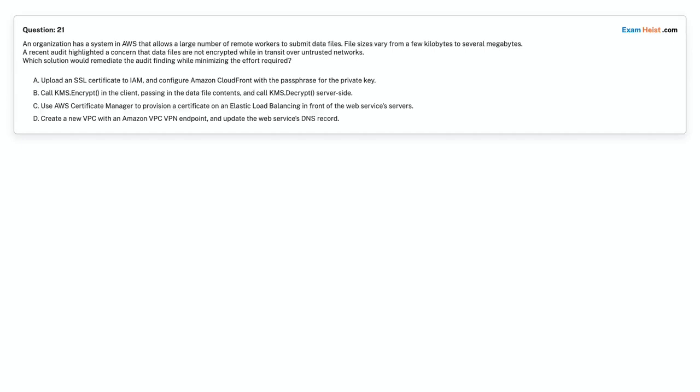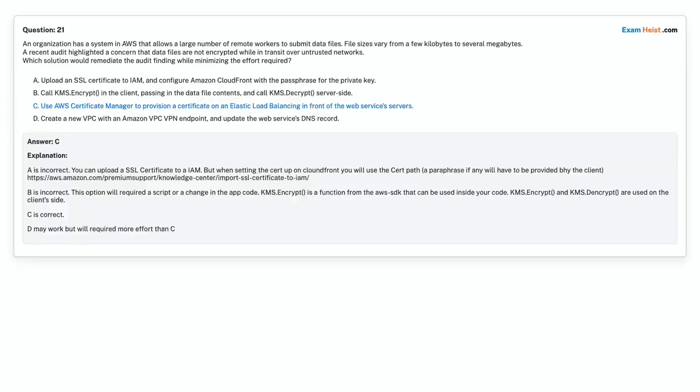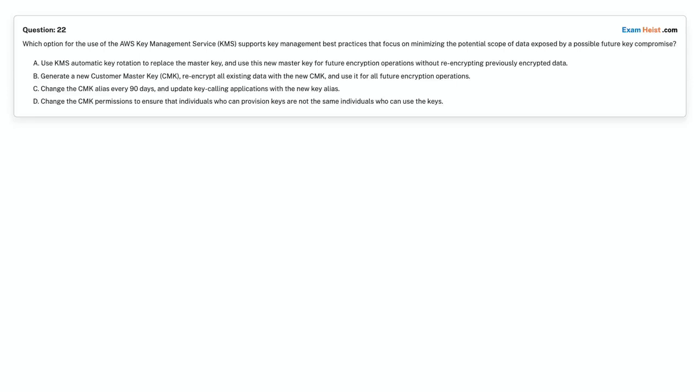Choose the correct answer. Correct answer is Option C. Use AWS Certificate Manager to provision a certificate on an Elastic Load Balancing in front of the web services servers. Question 22. Which option for the use of the AWS Key Management Service,